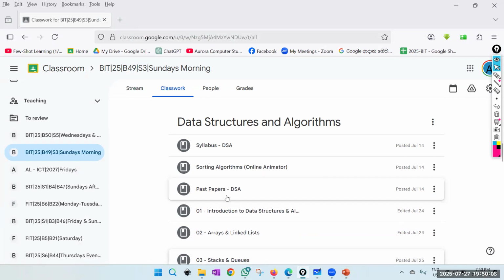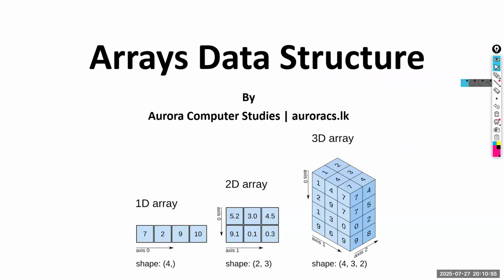Actually, first we will look at one of our basic built-in data structures called arrays. So then we'll move on to our first data structure, that is linked list. Okay, abstract data structure called linked list. Now we move on to arrays. Actually, arrays is not your first data structure. Arrays is something basic. It's not an abstract data structure. Array is a basic data structure that we use to develop some other